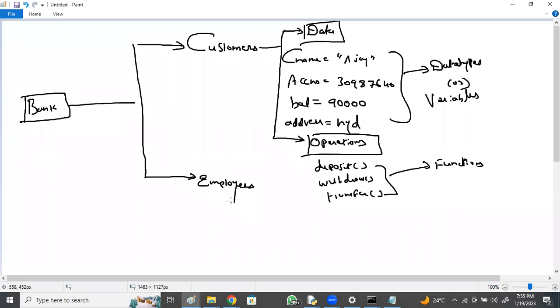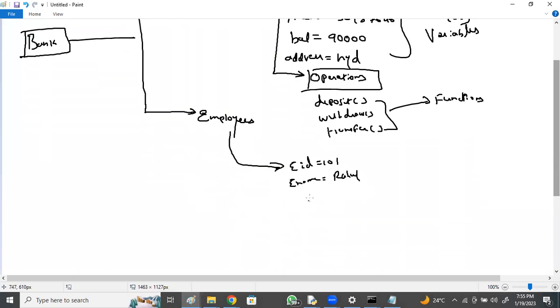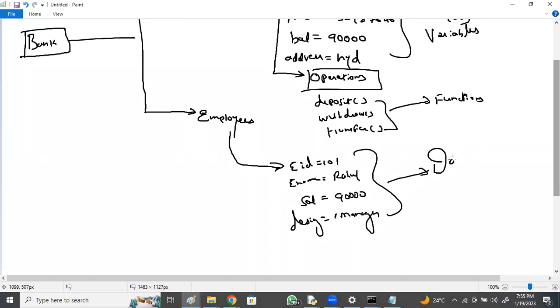And for employees also, we have data and operations, right? Employee ID, employee name, salary, designation, like manager. This is represented using data types or variables.